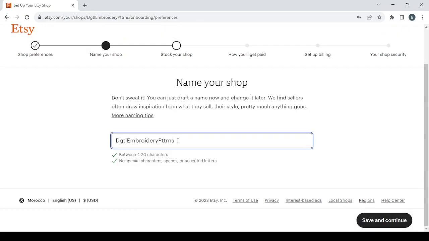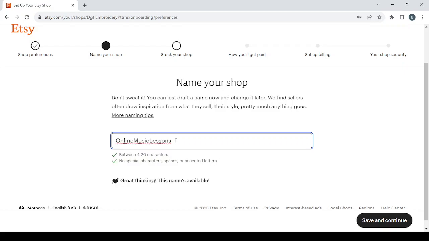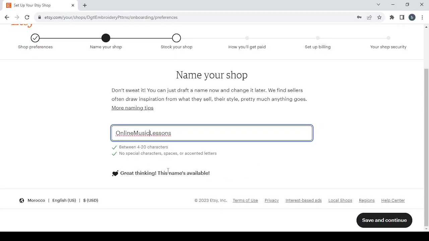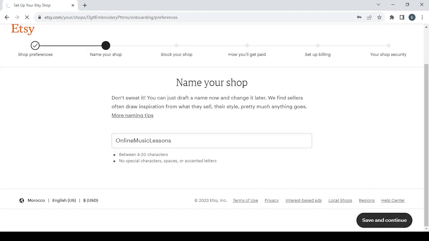Then I'm just going to type a name for your shop. So for me, I'm going to type my niche's name as my shop name, and as you can see, this name is available. So let's click on save and continue,